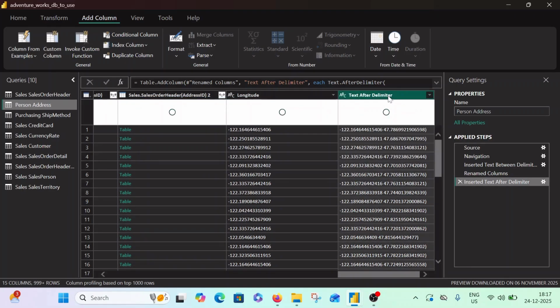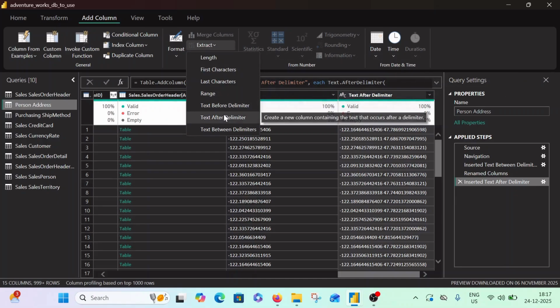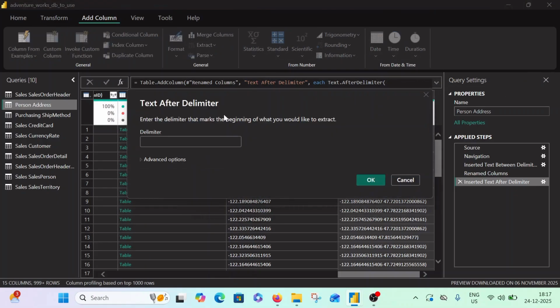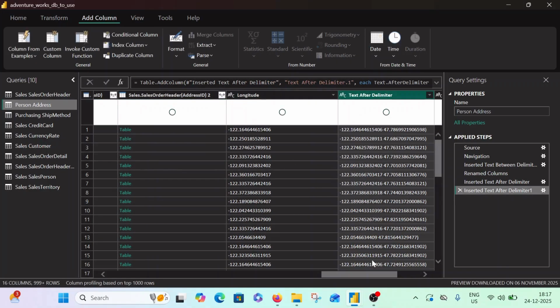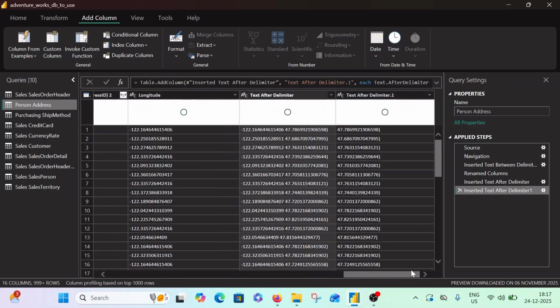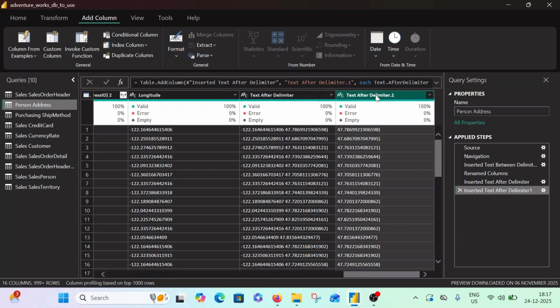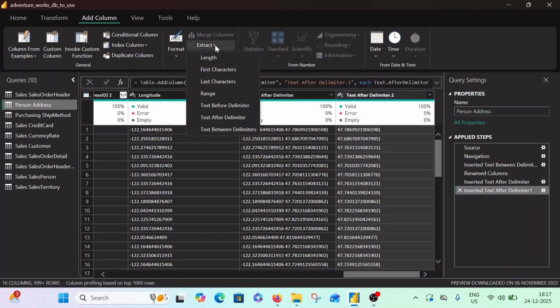Now I will do the extract again and give Text After Delimiter, and in that I am going to give a space. So I'm using this twice, and now I will get my latitude. Again the problem is that there is one more bracket. So let's use an extract again, but with Text Before Delimiter, and put the closing bracket in that.